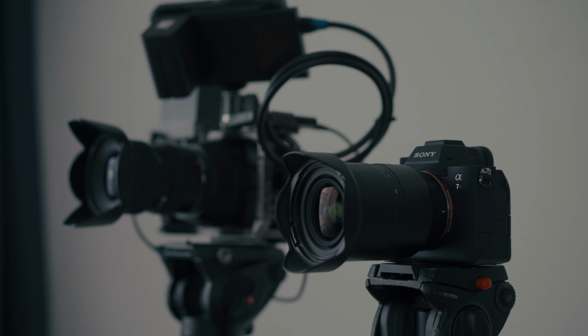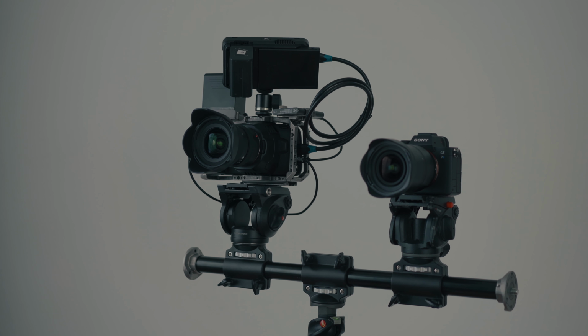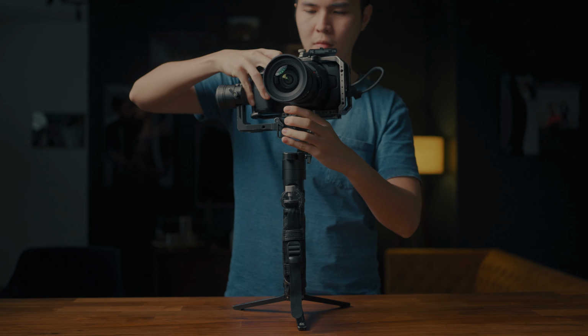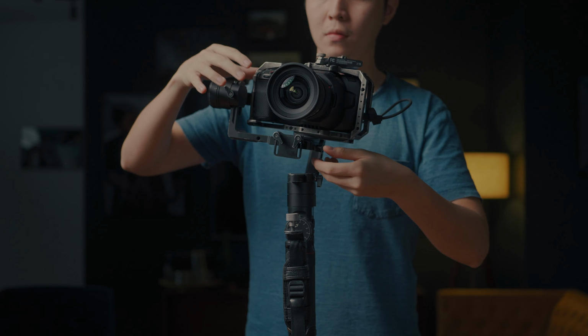Another thing is size. The phrase pocket-sized cinema camera is one of the selling points of Blackmagic Pocket Cinema 6K. And you're right, it's a fairly small pocket-sized cinema camera, but it might not be as small as you think. You are required to rig up the camera even though you're looking for minimal setups. You can always keep the setups minimal or smaller than this, or even go bigger than this, depending on your project. Some extra notes, the Blackmagic Pocket Cinema 6K has a wider design,